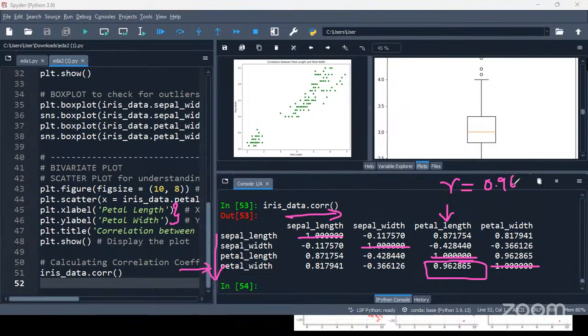The strength between petal length and petal width is strong. It is strong. So in that way, we have to finalize the strength. By considering the small r values, we finalize the relation, the strength between the two variables.